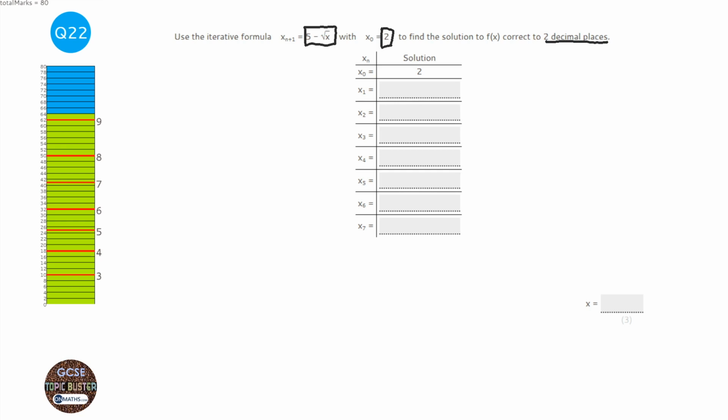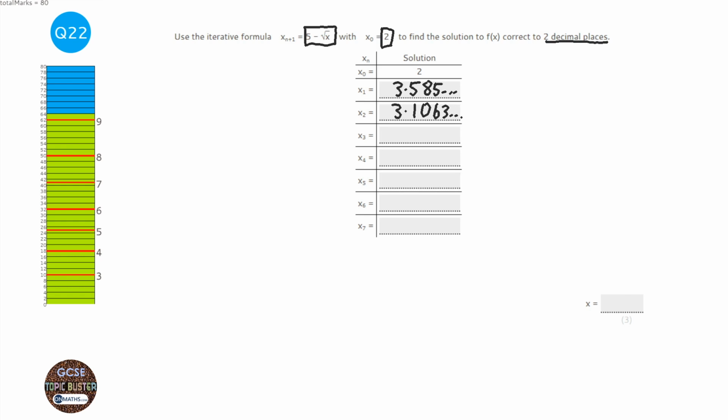So when I press equals, that gives me my first number, and if it comes up as a third or something on your calculator, just press S to D. So that gives me 3.585 and so on. Now the beauty of these modern calculators is if I press equals again, it will use the 3.585 number and put it back into the equation. So all I need to do now is just press equals, and it gives me